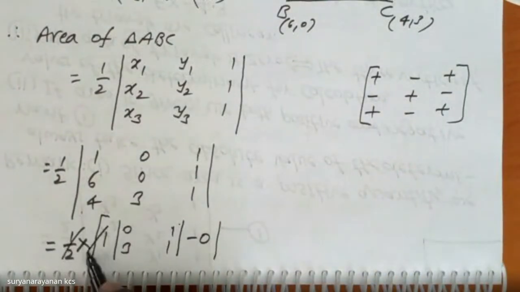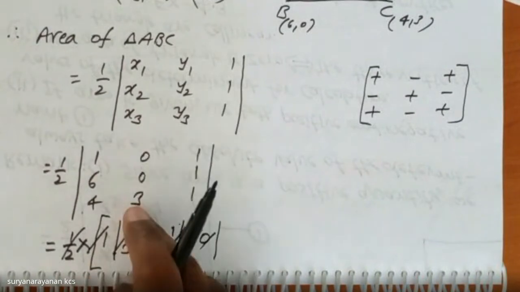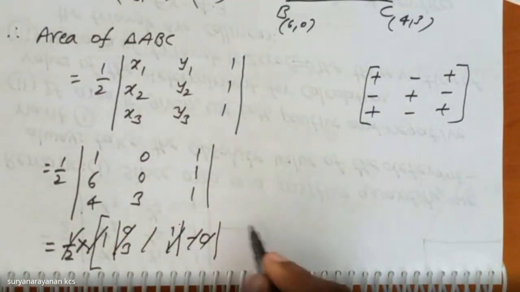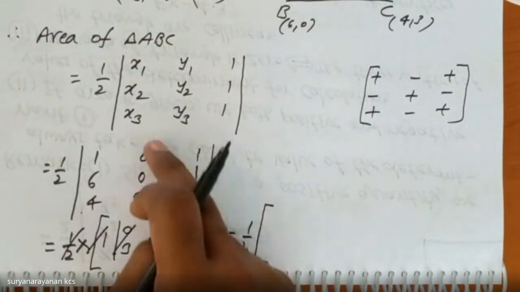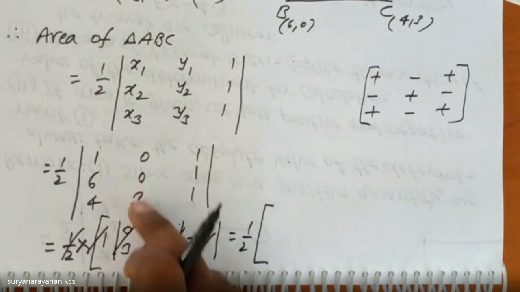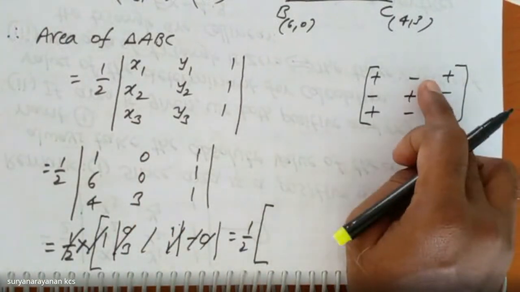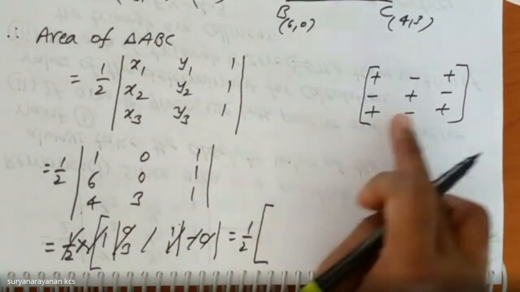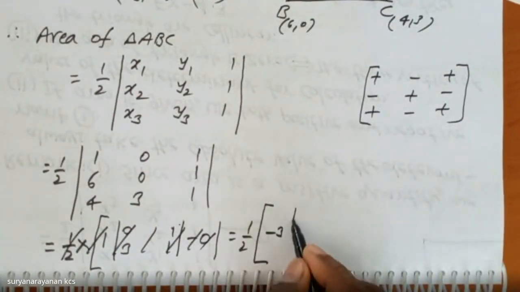Now I am expanding this determinant along the second column, C2, because for easier calculation I selected it. So minus 0 into, I am not writing, plus 0 into, I am not writing here, minus 3 into